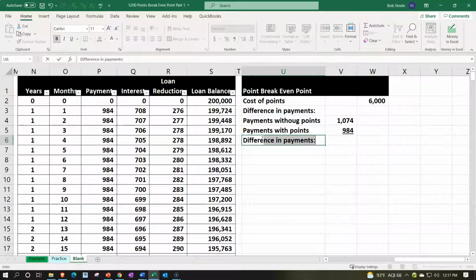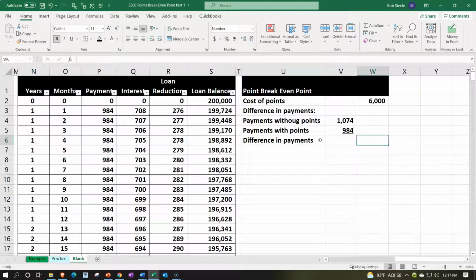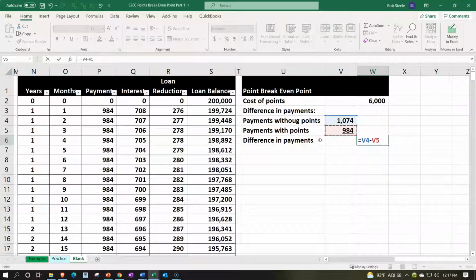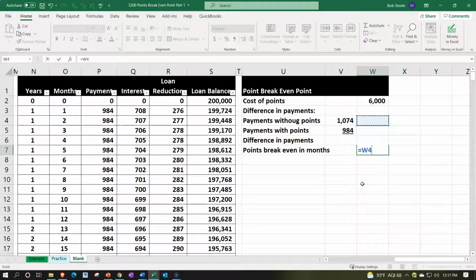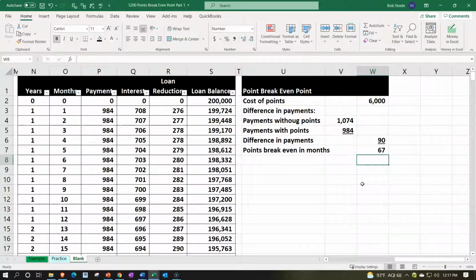The difference in payments then being the subtraction problem. This equals the 1074 about minus the 984 about. We got about 90 as the difference. There's rounding involved here. So that's going to give us our points break even in months. So this is our points break even point in months. Let's underline that. This is going to be equal to the 6,000 divided by the 90 about, and that's going to be about